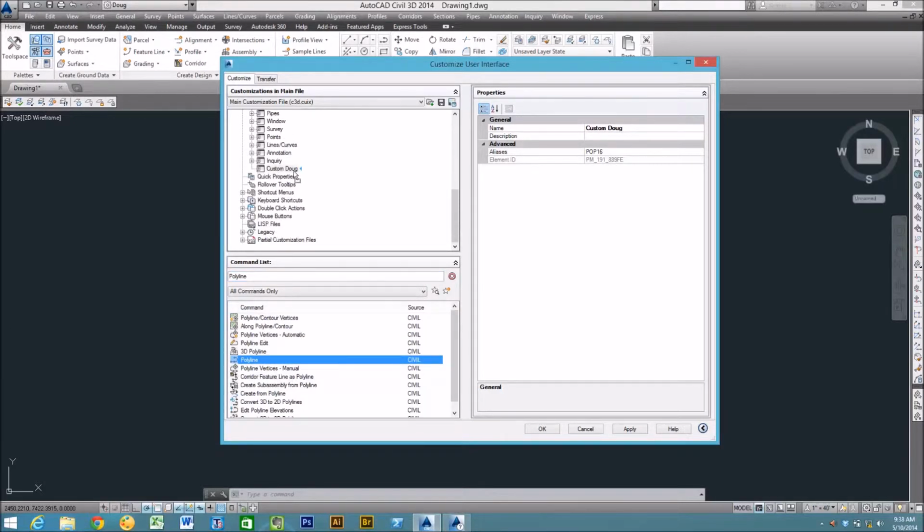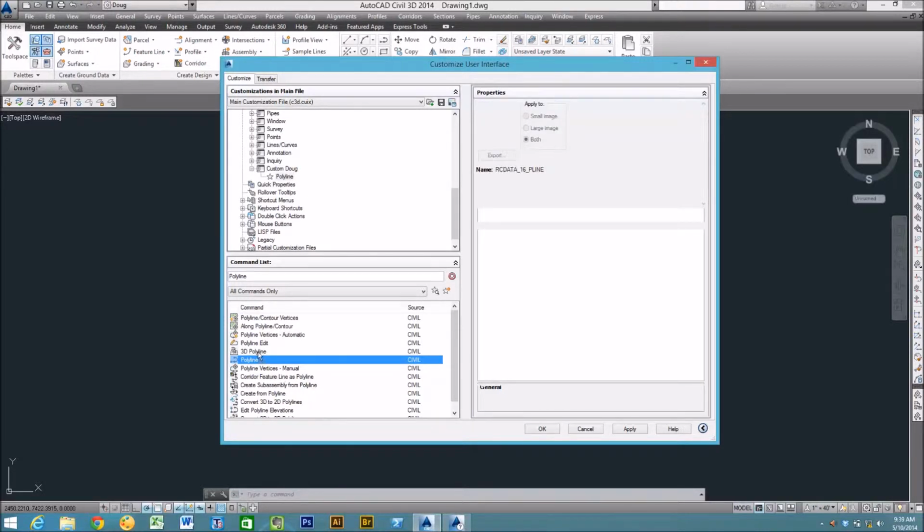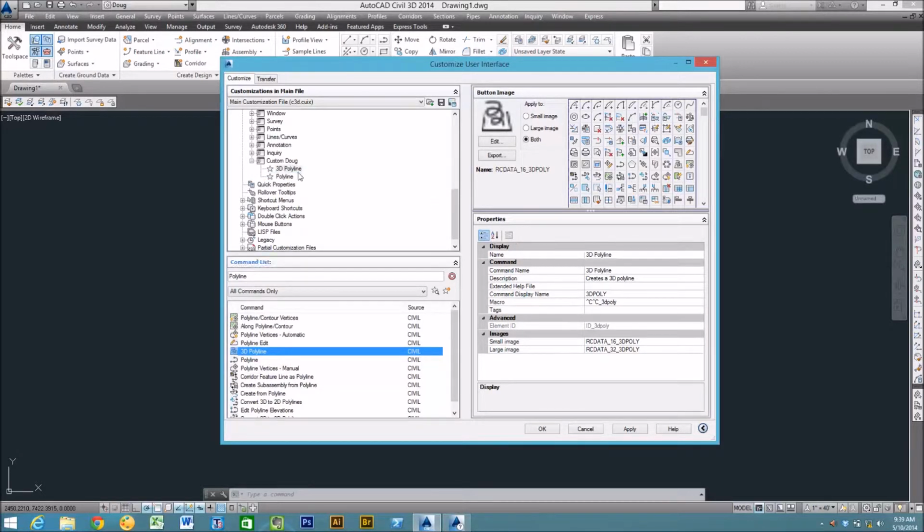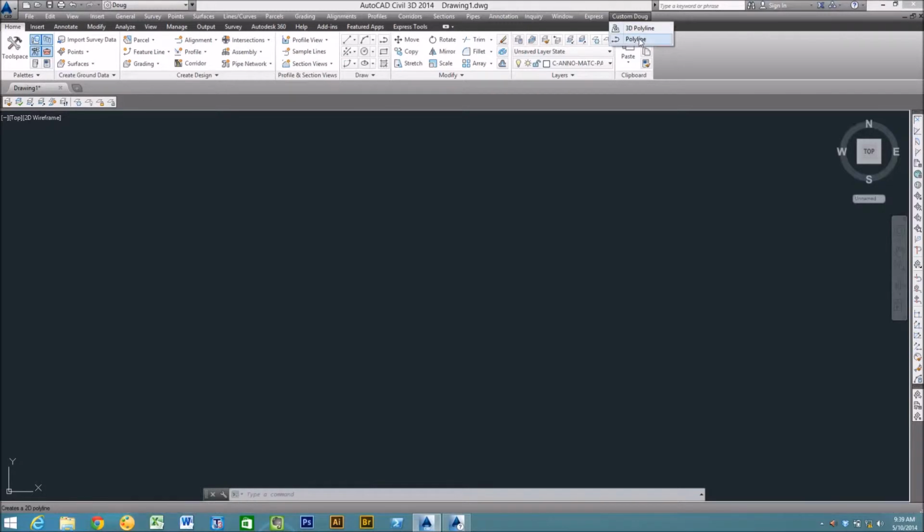Drag that up and into my menu. And let's grab the 3D poly command too, because that's just fun to play with. And apply. You can see up here, it just popped up. Custom Doug. That is a custom menu with custom tools. Now these are existing commands. So if I want to create a new command,